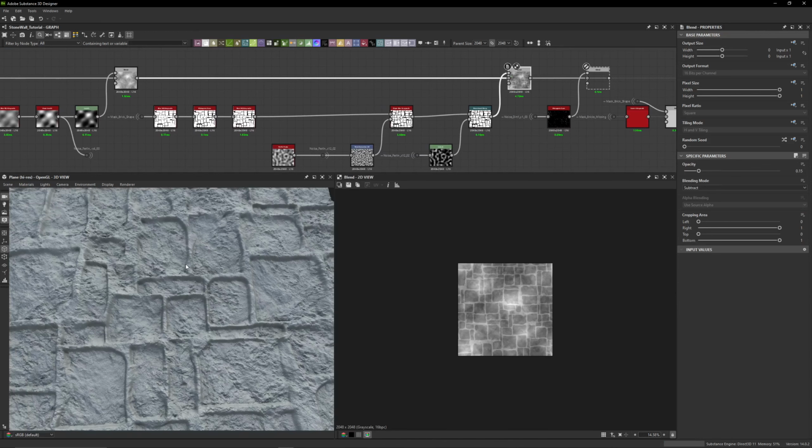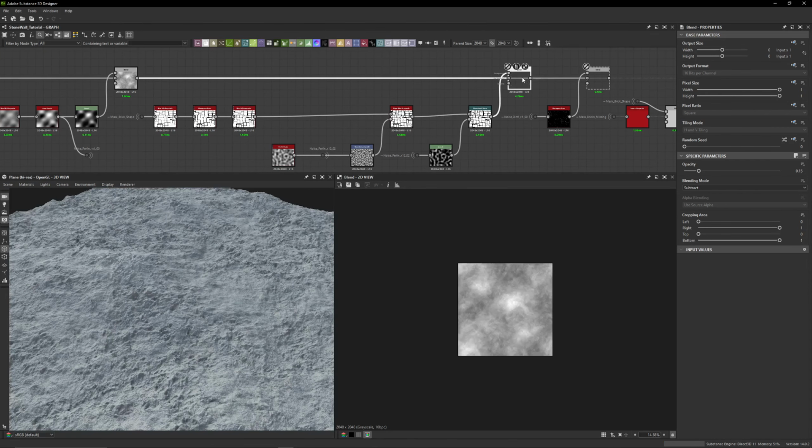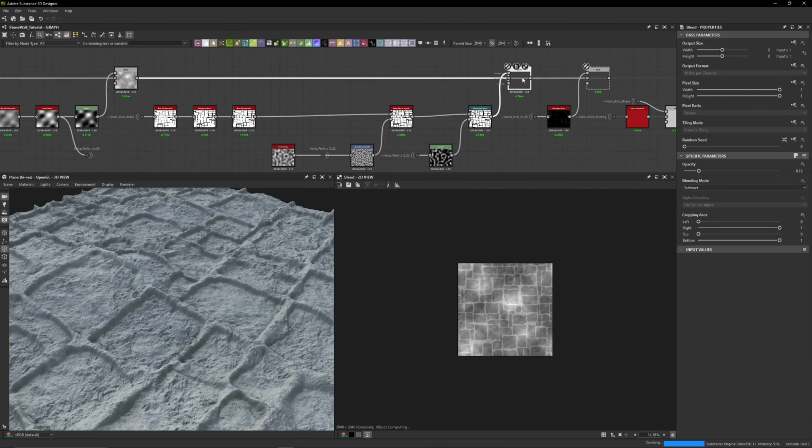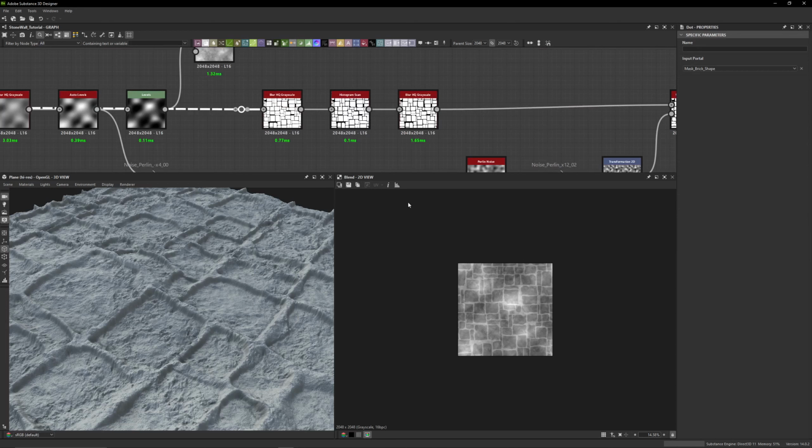All right. So this part's important because if we wanted to have missing bricks, when the bricks are missing, I wanted the missing brick to leave the shape that it was taken in before it fell off or was removed. So basically the imprint. So that's what this is. All right, so to do that, we're going to take our mask brick shape,